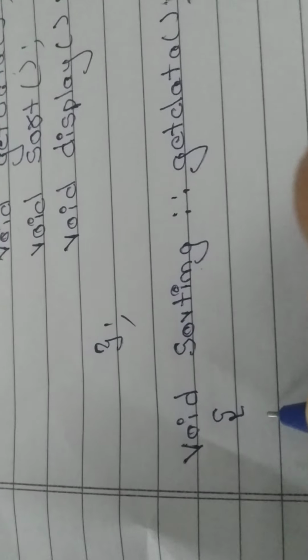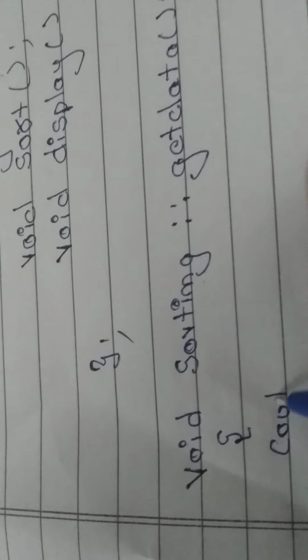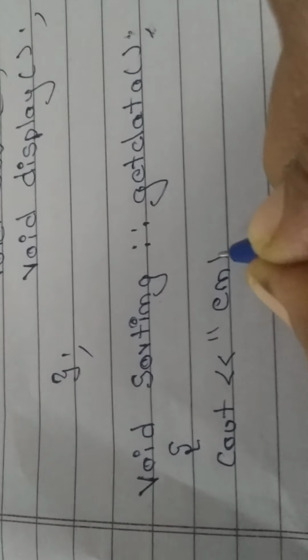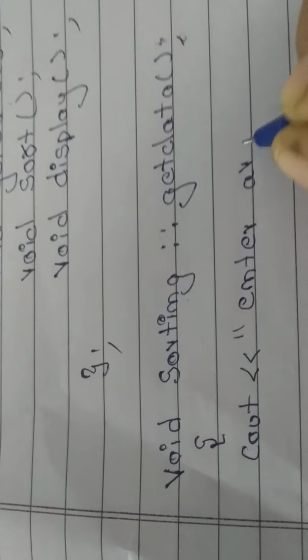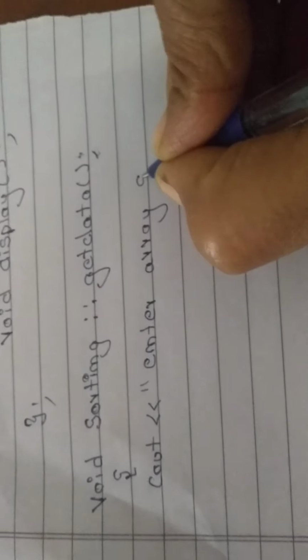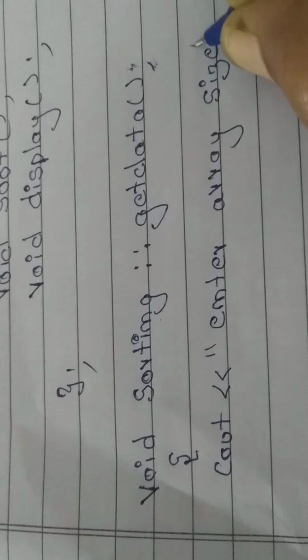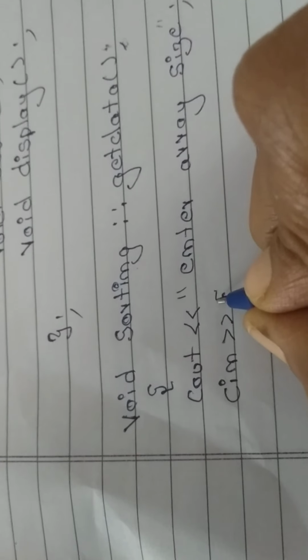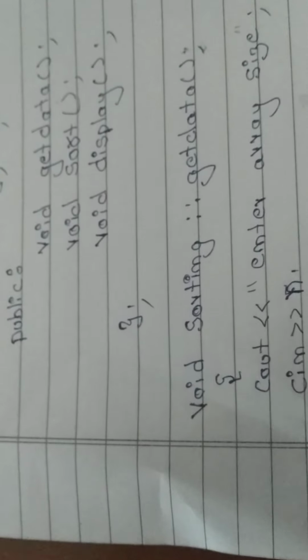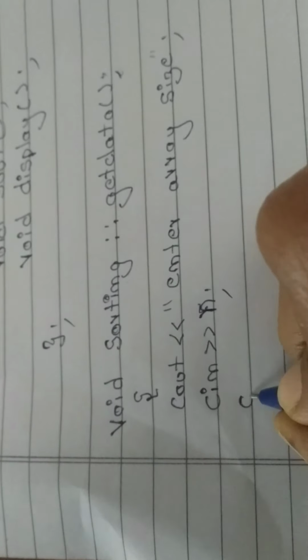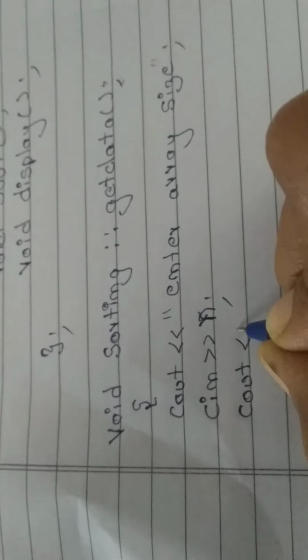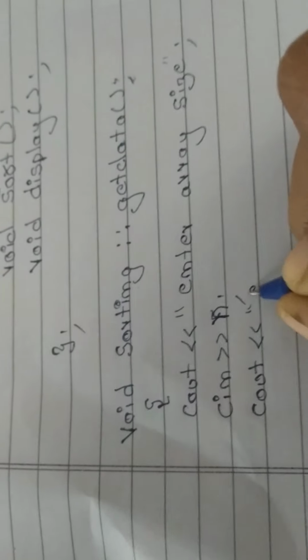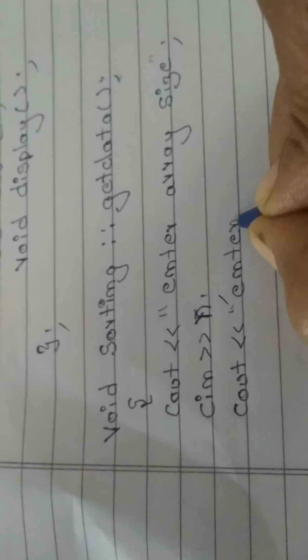Okay. You want me to sort? No. Now tell me, what is your array size? Cout, enter the array size. Before we sort, we should know what the array size is and what the elements in the array are. So the size is 5 elements, 10 elements, or 4 elements. That we are going to store in n. And one more thing, I'll tell you after writing this statement. Cout. Now you told n elements are there, no? Enter those n elements. Enter the elements.